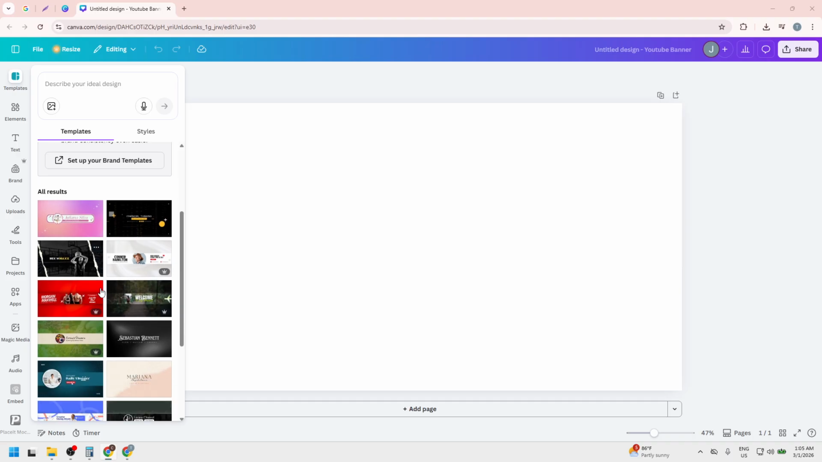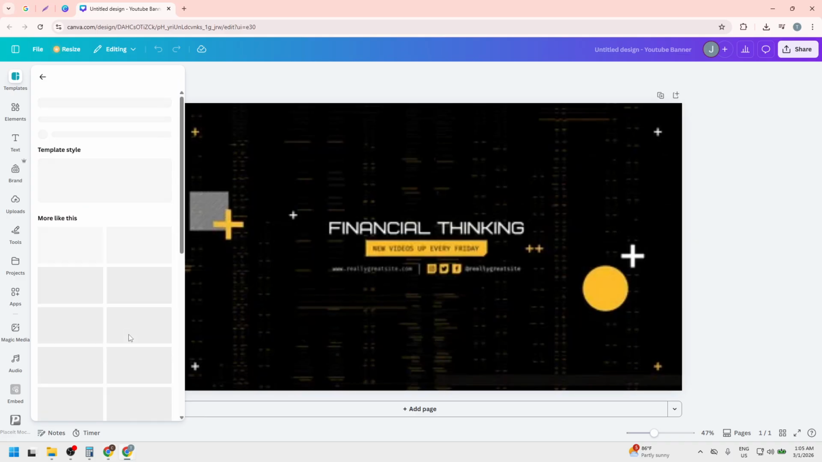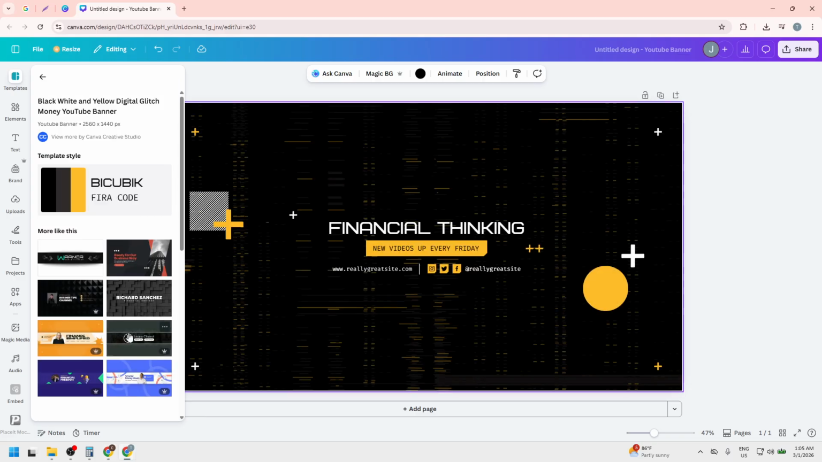Now focus on the safe area, the central stretch where content stays visible on all devices. Keep your essentials strictly within that zone. Place your channel name prominently, add a short, memorable tagline, and include a concise power statement that tells viewers exactly